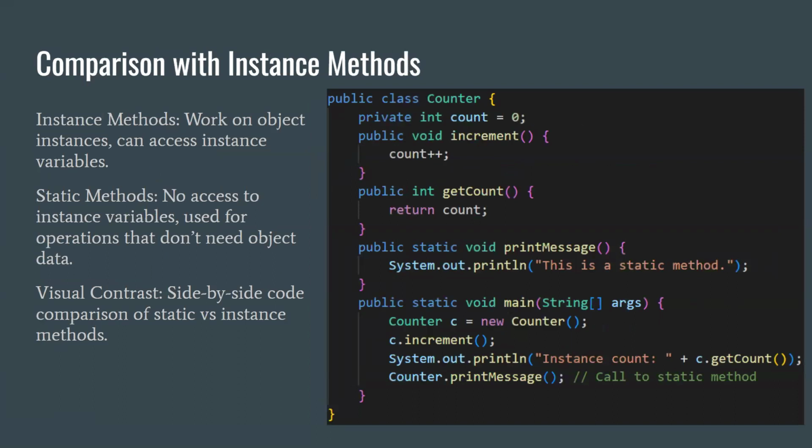Comparison with instance methods. Let's try to compare static methods with instance methods. Instance methods operate on instances of the class, which means accessing and modifying data that is specific to each instance. On the other hand, static methods do not have access to instance data, so they are used when the behavior of the method is not dependent on specific